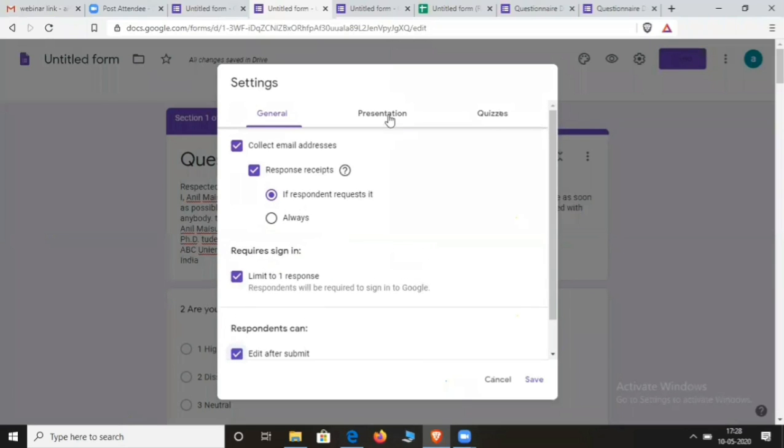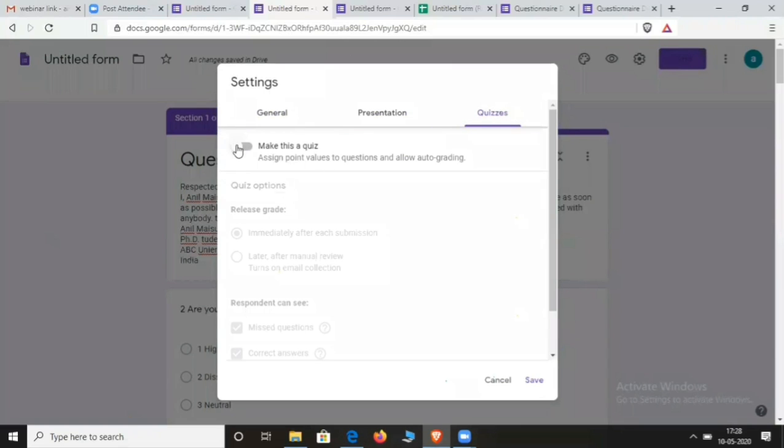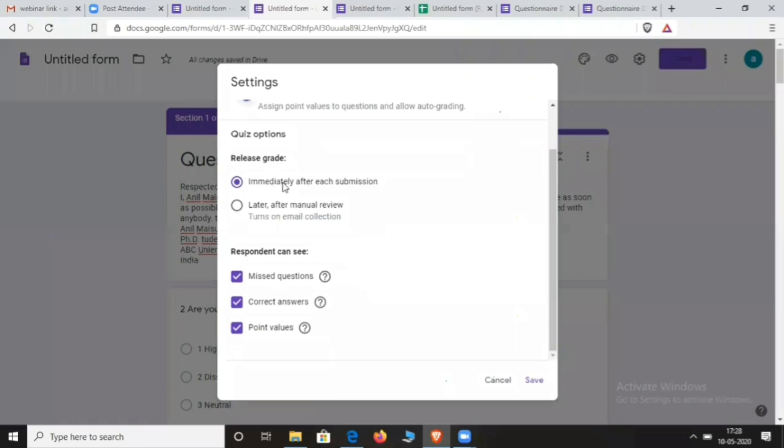Then in Presentation, if you want to shuffle your questions from respondent to respondent, you can shuffle the question order. And in Quiz, just enable the top button, Make this a quiz. You have multiple options: release grade immediately after each submission, or later on.